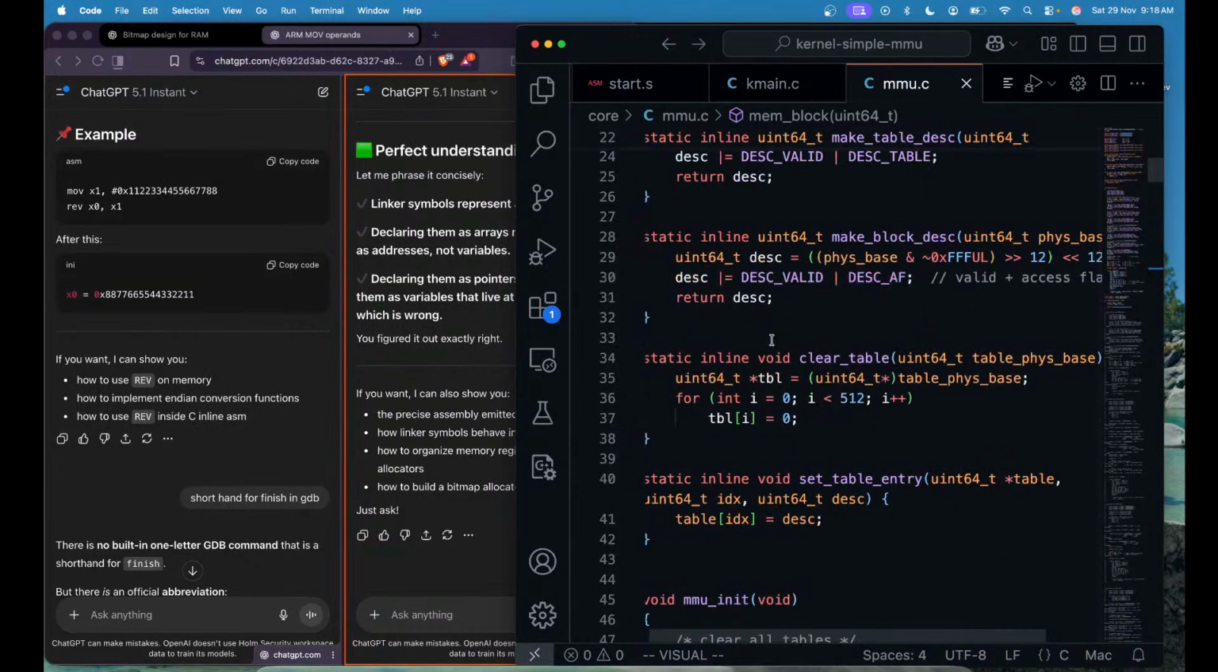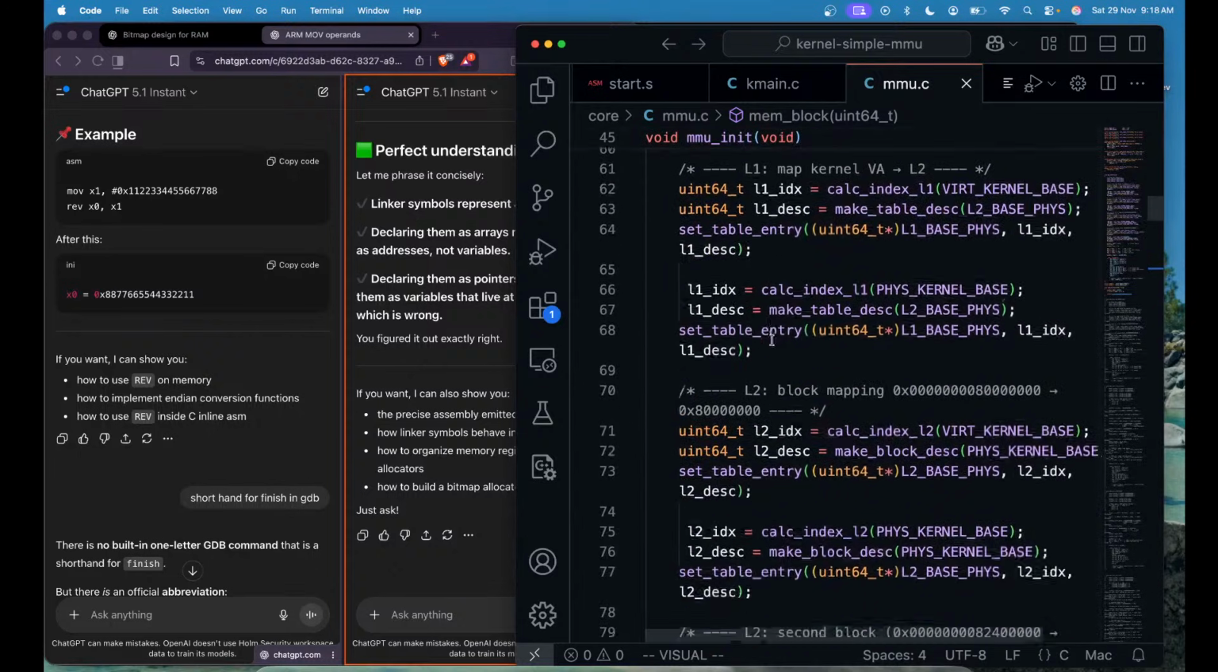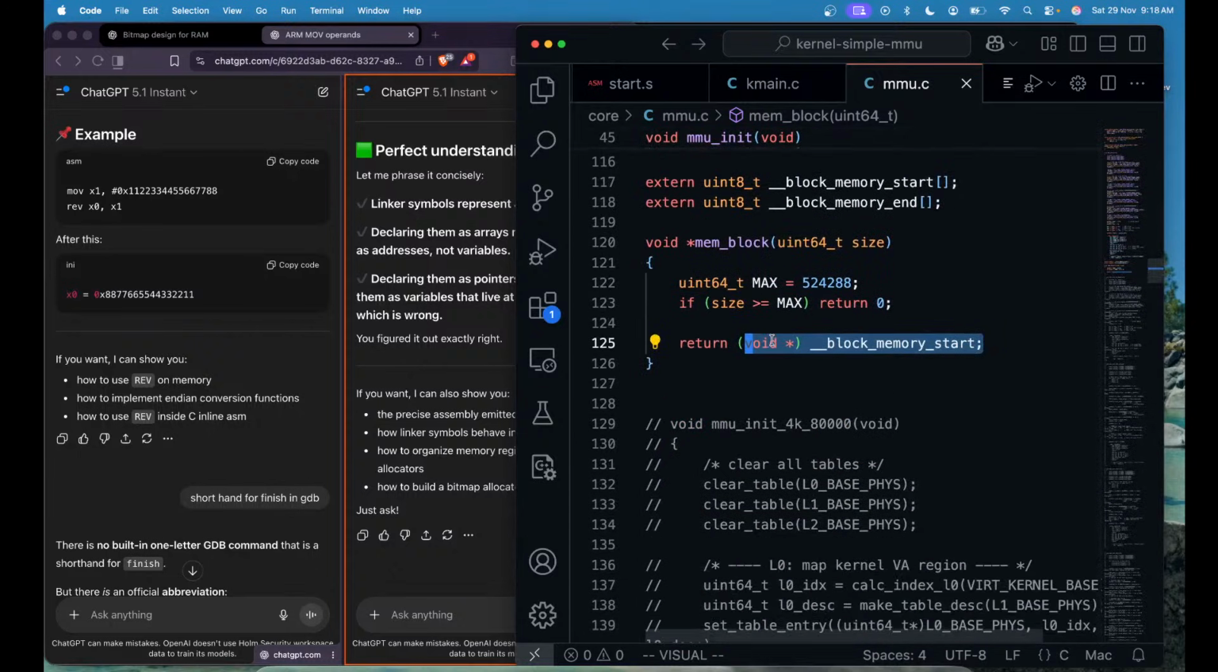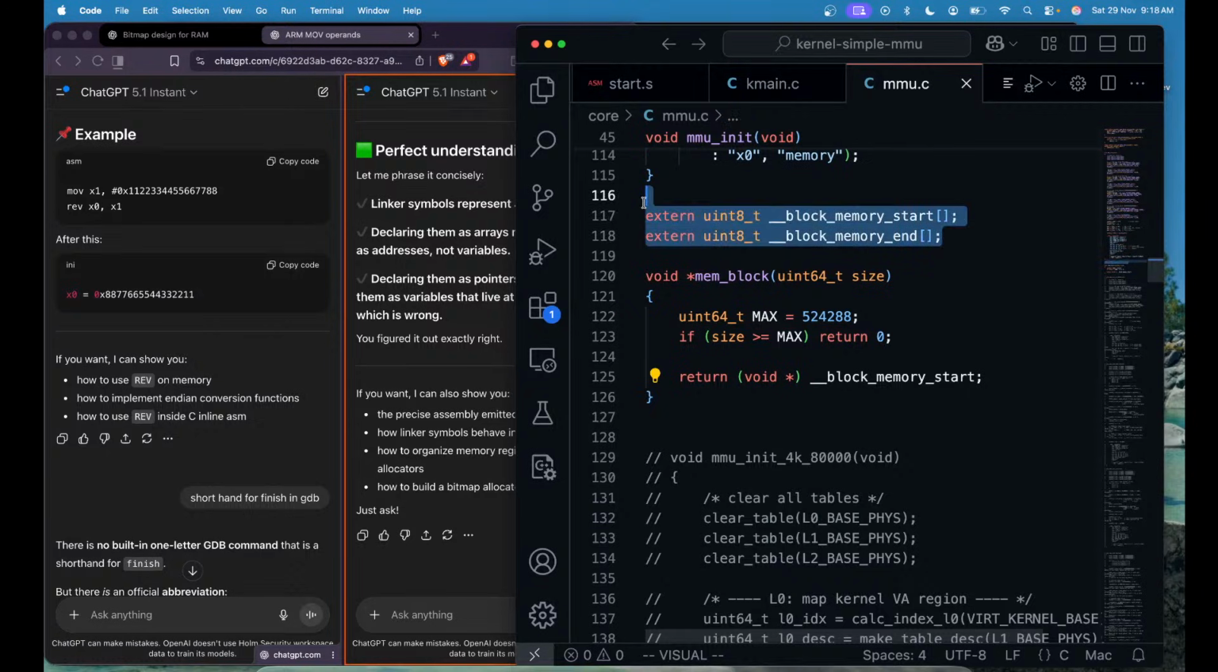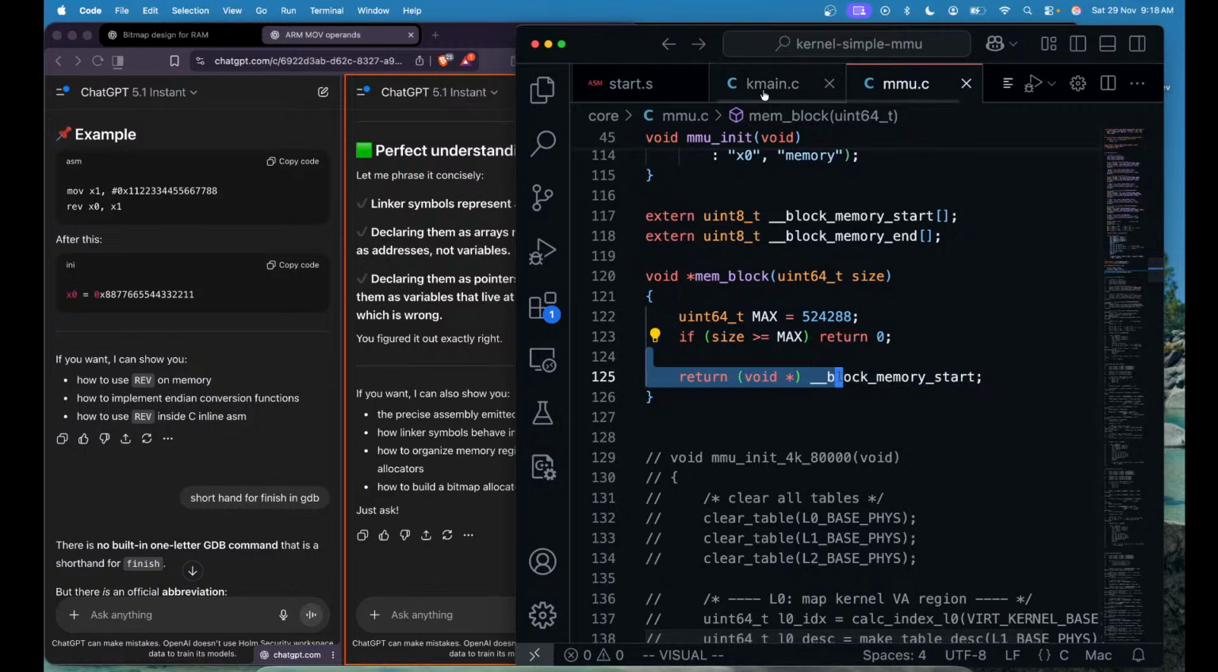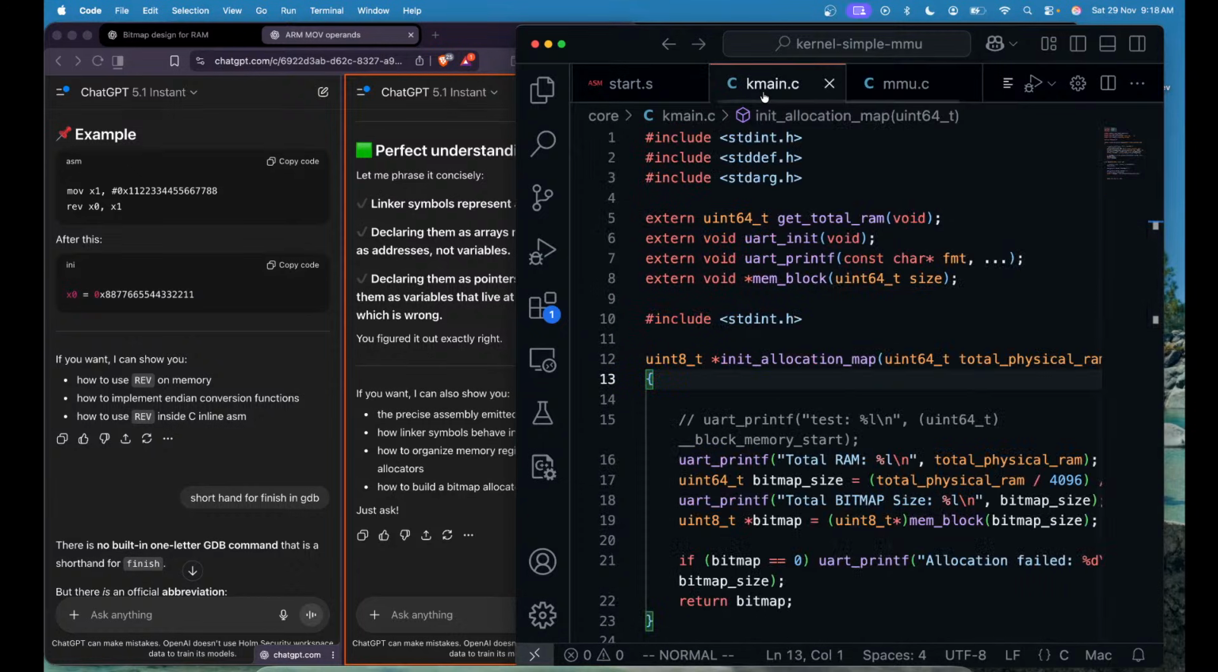Where have I done it? It doesn't seem to be there. It's here. You need to initialize it as an array, so it will properly take the address, and we can then just send it back. And what else? Now